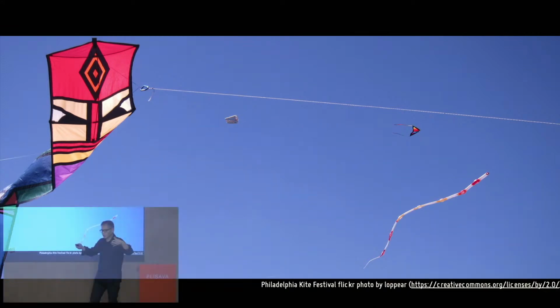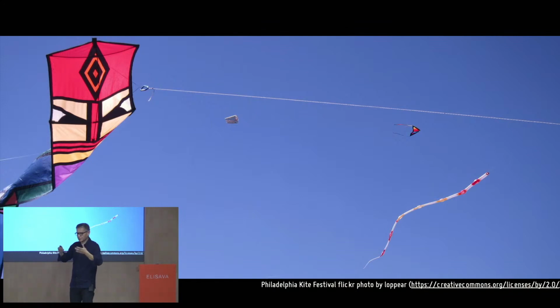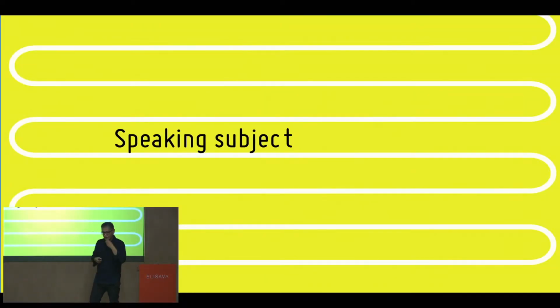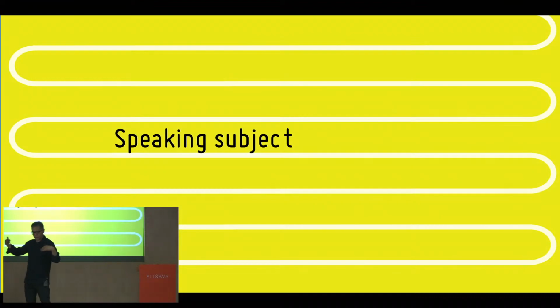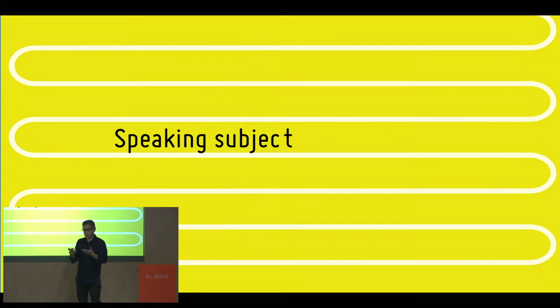And one way I like to think about it is that we gather up all of these other forces, these non-human forces together to fly a kite. So if we're in this assembly of humans and non-humans that are the designer, our particular role as humans in this assembly is what I call the speaking subject. The speaking subject is the one, like you, that has language, whereas things and non-humans don't. Or they have their own language, but we do have a kind of primacy over human language. But our job as a speaking subject is not just to speak for the things, but to understand the things, to gather the things, to gather non-humans, what it takes to fly a kite.